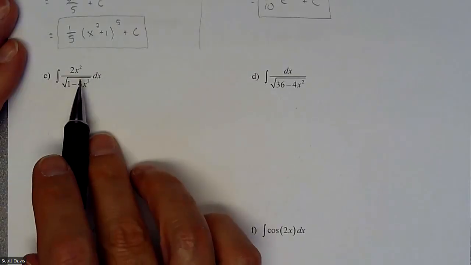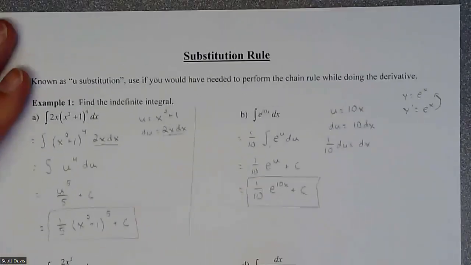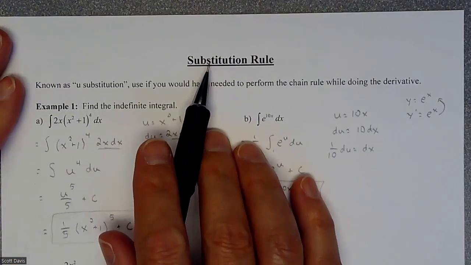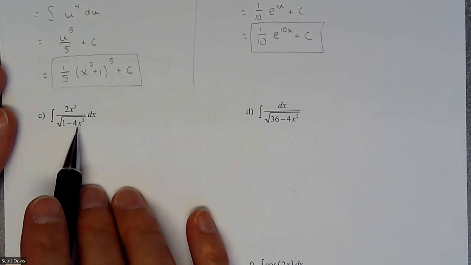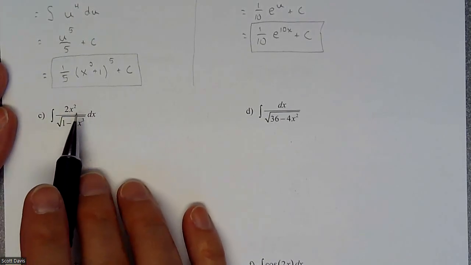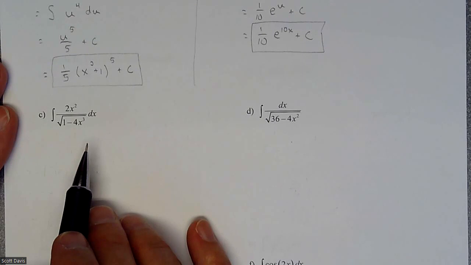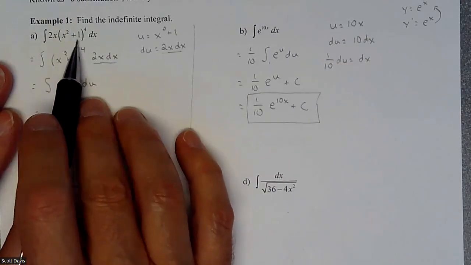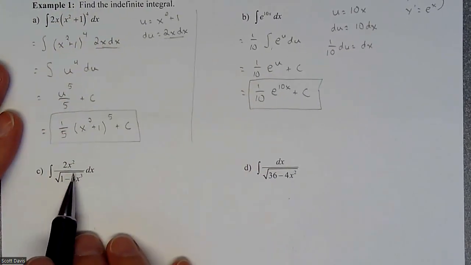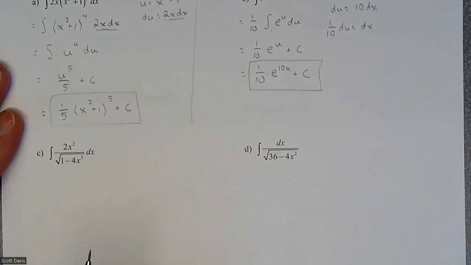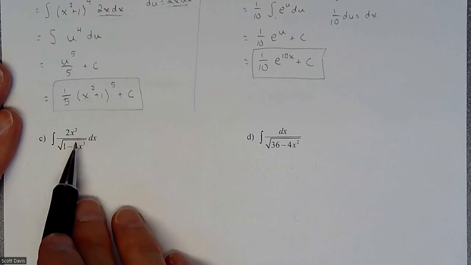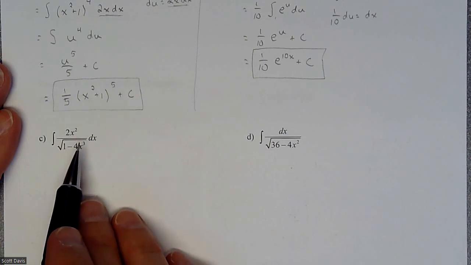In these two examples, we are going to keep on practicing working on substitution in order to do our integration. It's called u substitution. Types of things that we're looking for is if we were to have done a derivative, would we have a chain rule kind of feel going on with this? Something like this, where you have something on the inside raised to a power, where we do have something inside raised to a power. We have a fractional exponent. We have a chain rule that would have happened, so we have to use a u substitution to undo this